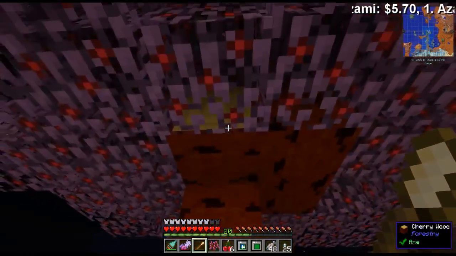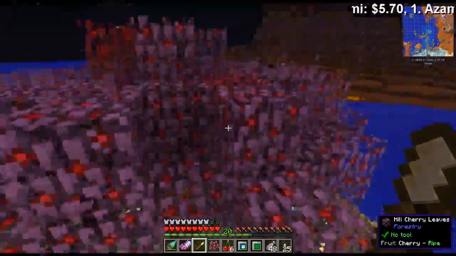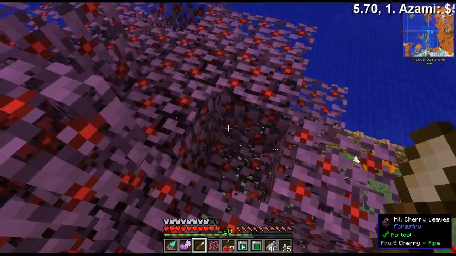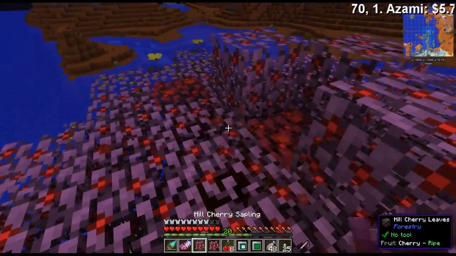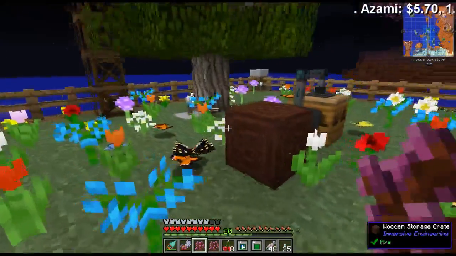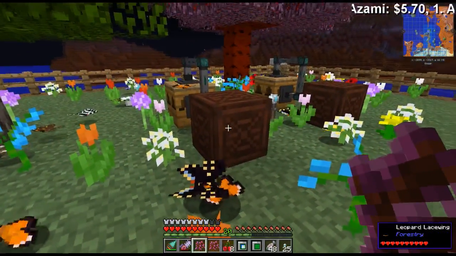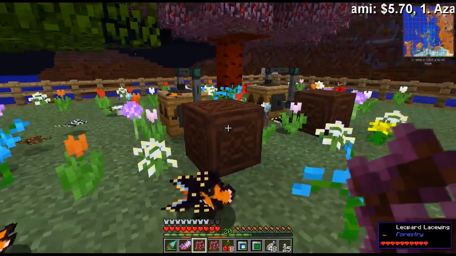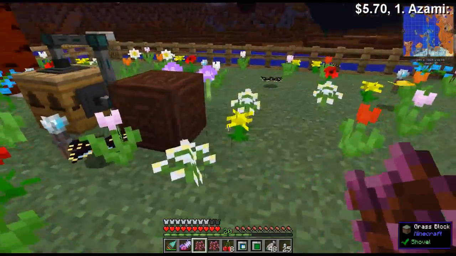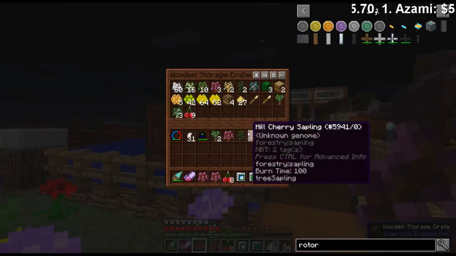Lemon sapling. You know what the worst part is about the butterflies? They wouldn't bother me so much, but they have a hitbox. So when I try to open, you see right here, I cannot right click the crate because these butterflies are in the way. And I need to find a way I can click on this to actually get into the crate. That's a little bit annoying, but...